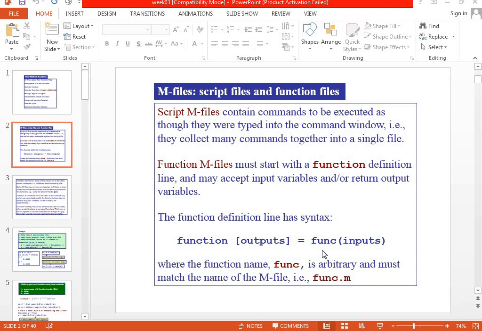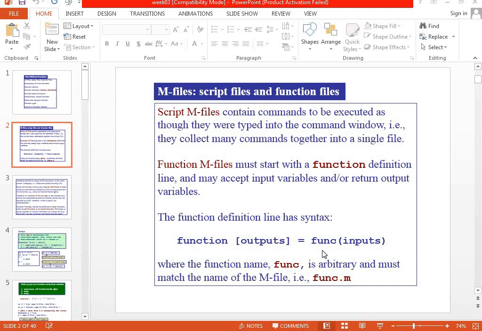The function definition line has some syntax: function output equals func input, where the function name func is arbitrary and must match the name of the m file, that is func.m. So in place of func, you can add any name, like your name.